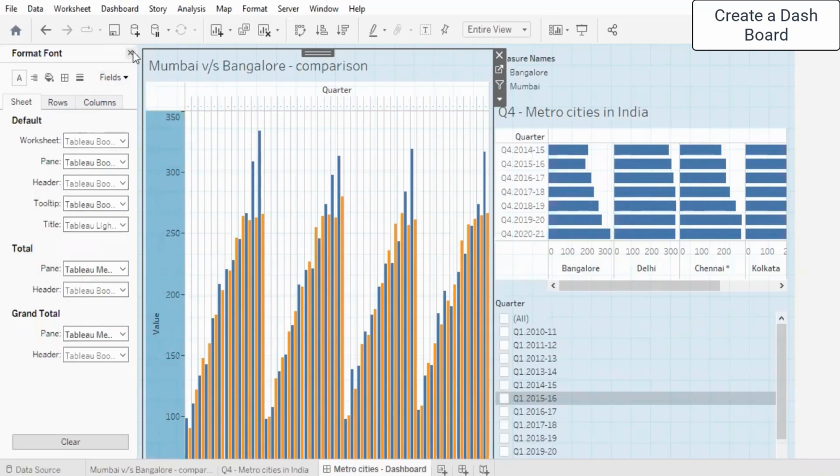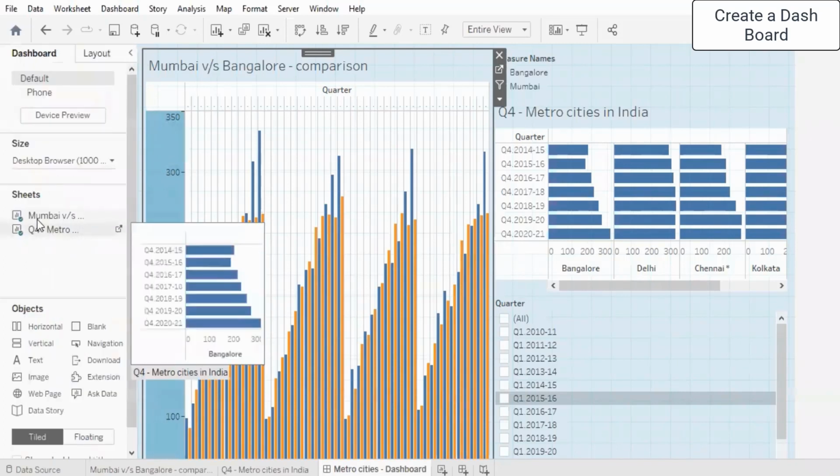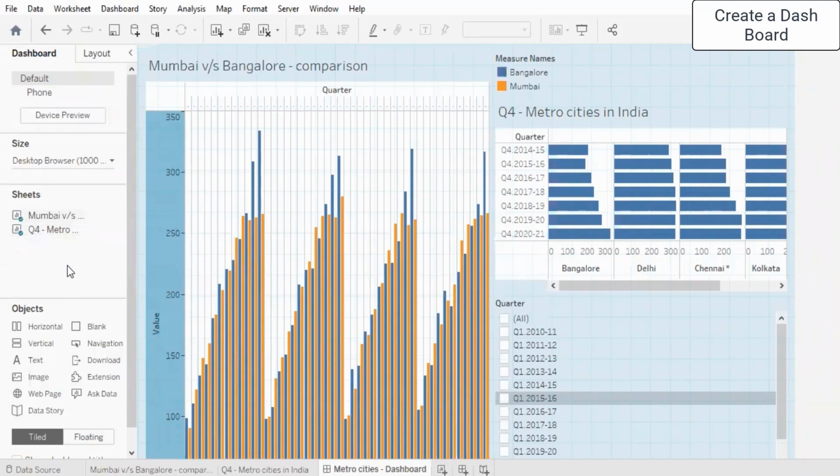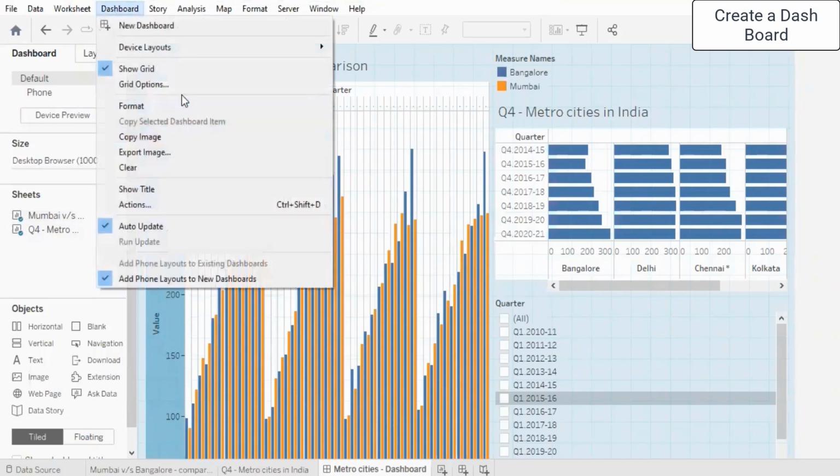If I close this window, we'll be back to the sheets out here that we are seeing. So this is what we have as far as the dashboard. We still have a long way. So you can also copy the image, you can export the image, you can clear the image. Again, when we speak of copy image, what I'm doing here is,